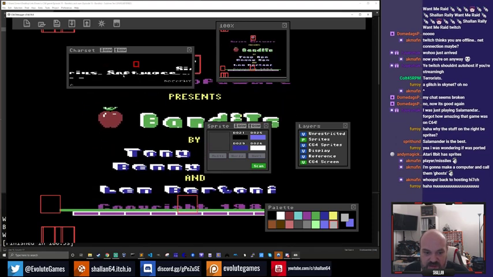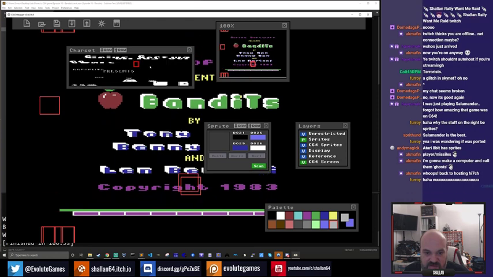But it looks like, look, they're just scrolling it through the character set. None of this is done with hardware scroll. This is all just scrolling it through the character set. So it looks like they're...